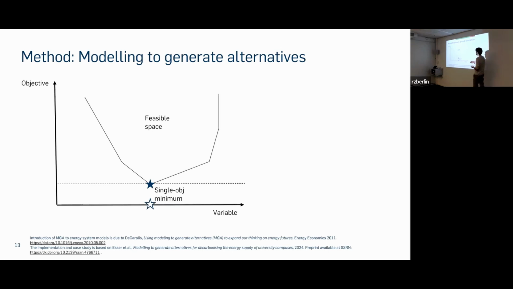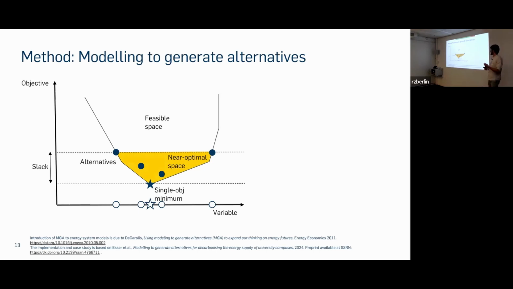And then we find that if we were to accept slightly higher, so slightly deteriorated objective values, then many different variable values would be feasible. And that's what is indicated by this feasible space. What we do with MGA then is that we define some near-optimal space in yellow, which is defined by a slack on the objective, so some deterioration that we're willing to accept. And in that near-optimal space, we're looking for different alternatives. The aim is that these alternatives should be very different in terms of the variables that are being realized. So these are systems that are similarly costly, but look very different in terms of what the